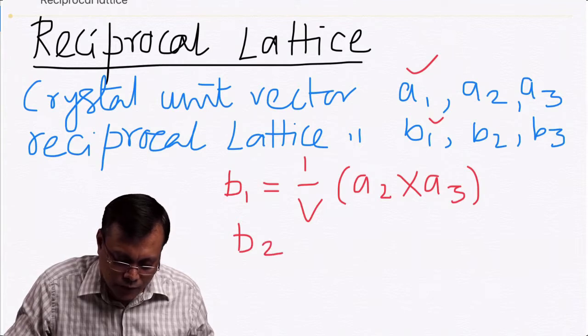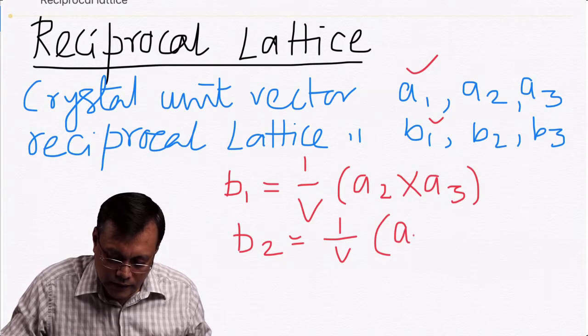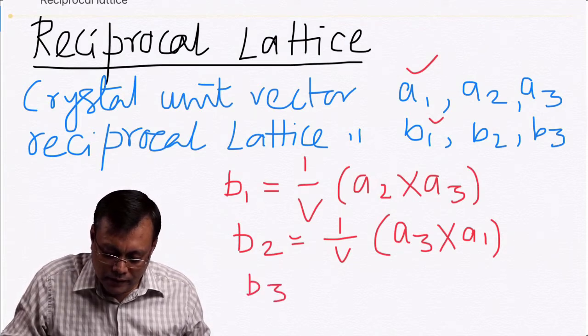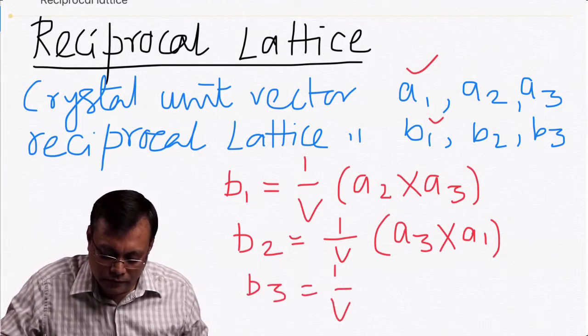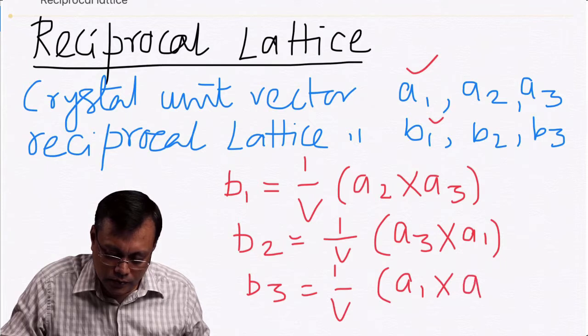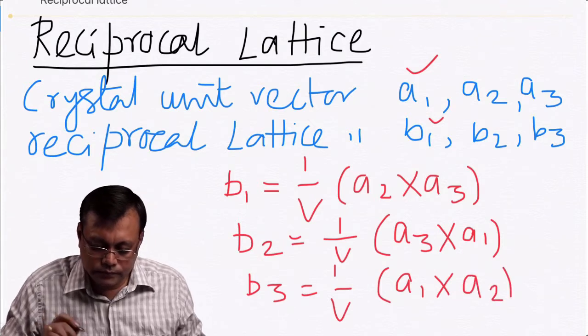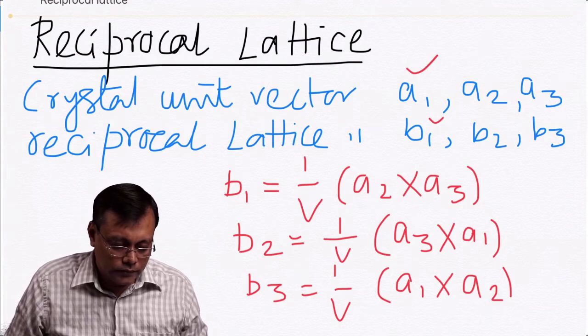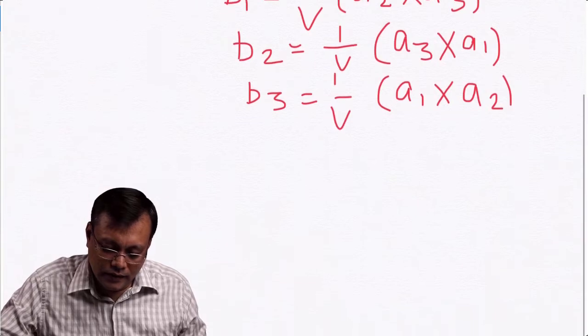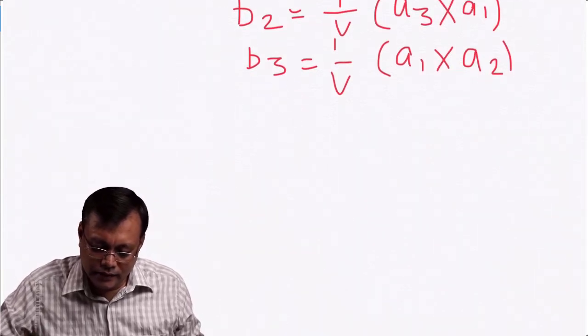Similarly, B2 is equal to 1 by V into A3 cross A1, and B3 is equal to 1 by V, V is the volume of the cell, into A1 cross A2. So, if we simply consider a triclinic unit cell,